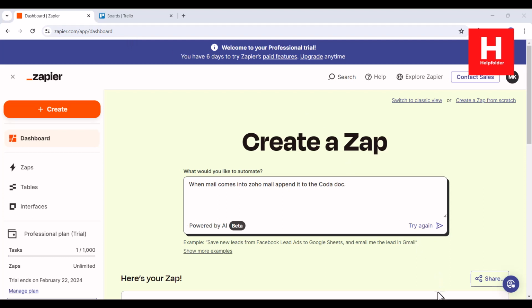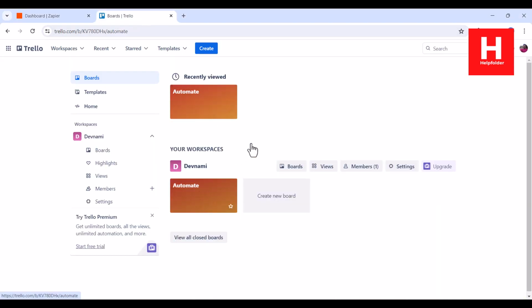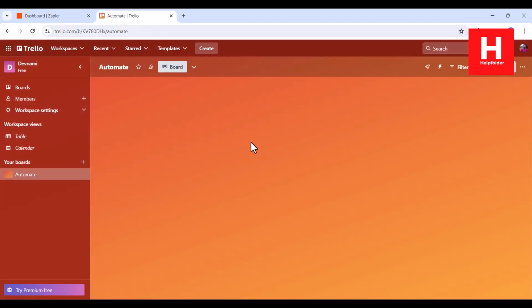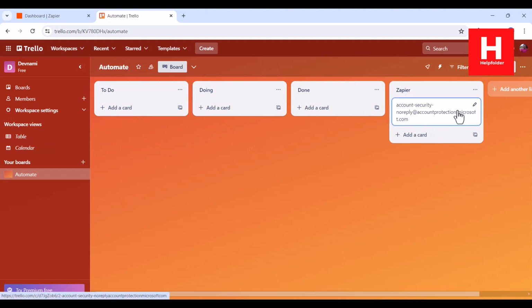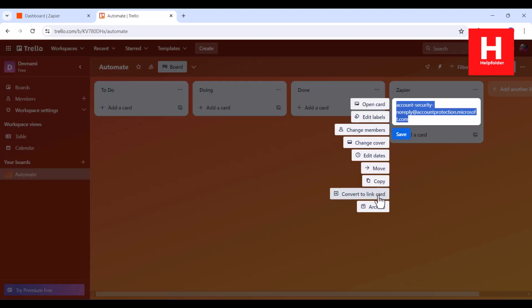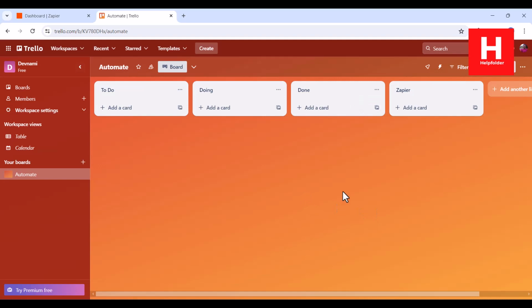Okay, so let's take a look at how you can connect Zoho Mail with Trello board and how to update one of the cards within that board. So I already have a Trello account ready, and there is this board called Automate, right? And finally, there is one of the cards that I will archive, which you have to check with Zoho Mail